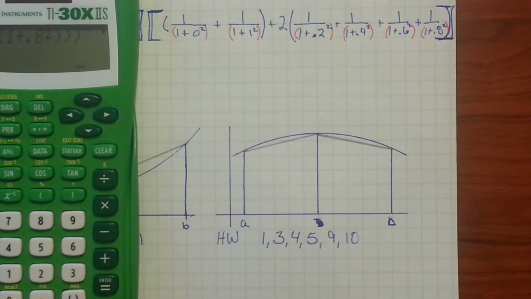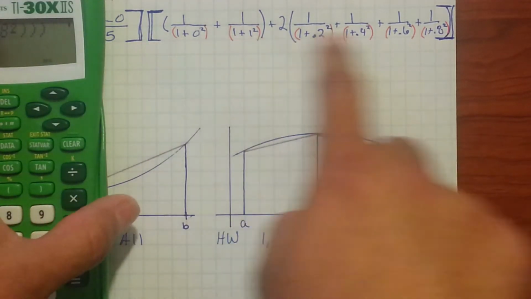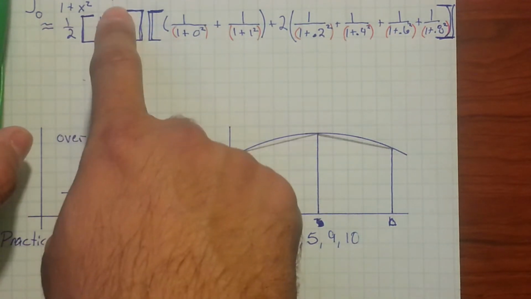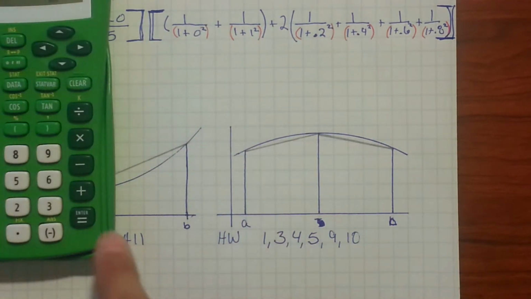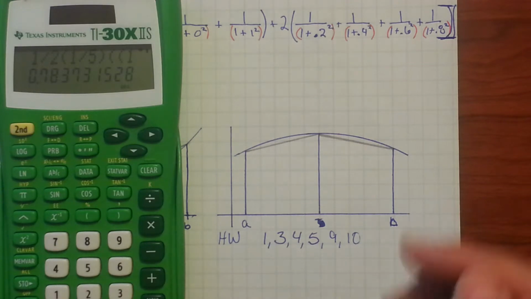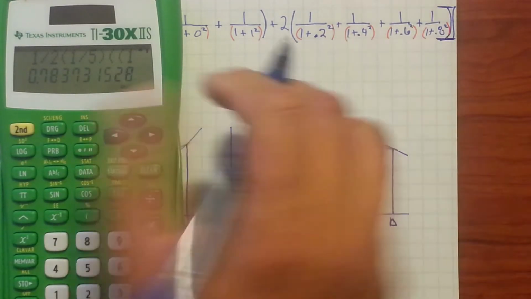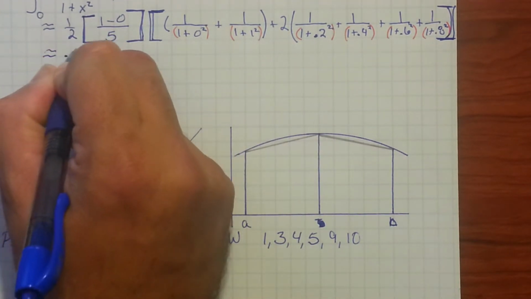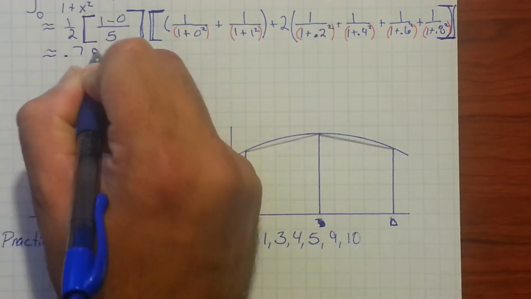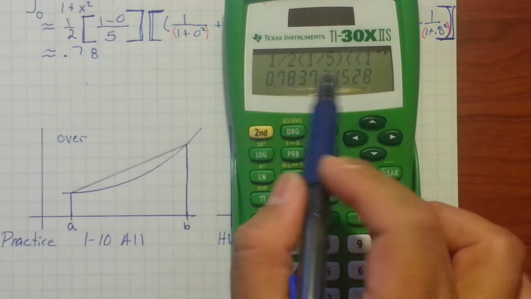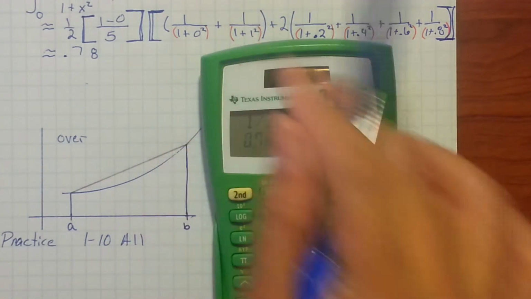So I need to close it one more time to actually say that all this right here is being multiplied by what I have in front. So since I have 1/2 times 0.2 times all this, let's see. Alright, enter. And I come up with about 0.78. Okay, 0.7837, so that's going to be, if I'm rounding to 3 decimal places there,